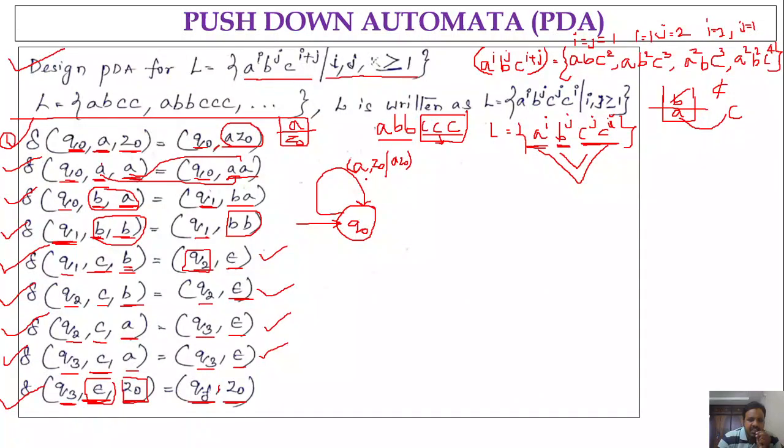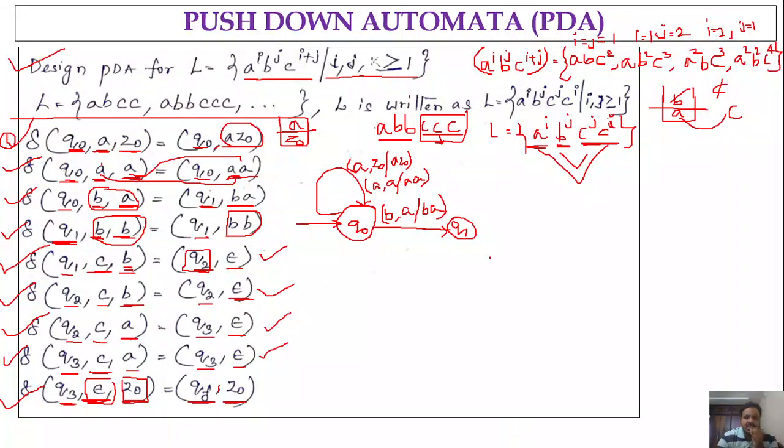The next one is that in this state, the input may be a and top of the stack could also be a. So in this situation, we will be in the same state and we are going to push a. Okay, a like this. So we will be in the same state until we get b. So the moment when we get b, the input is b in q naught and the top of the stack is a, we are going to push ba onto the stack, slash ba, and you are going to move to the state q1. Okay, q1.